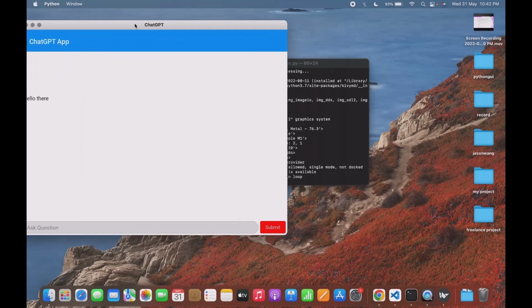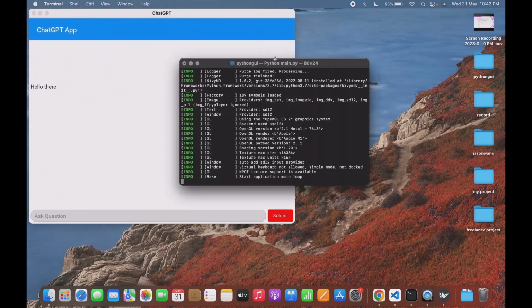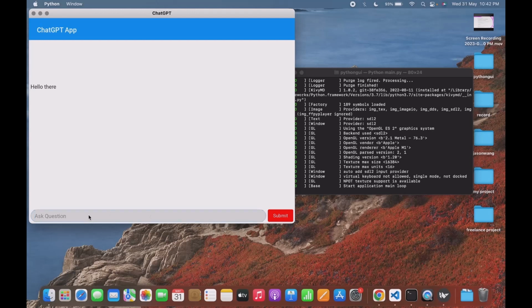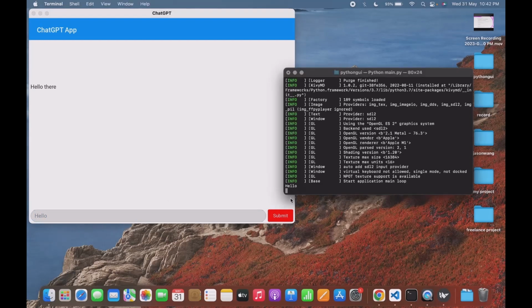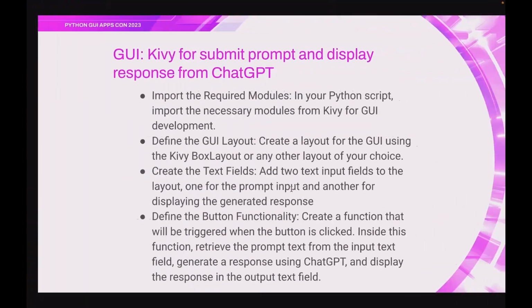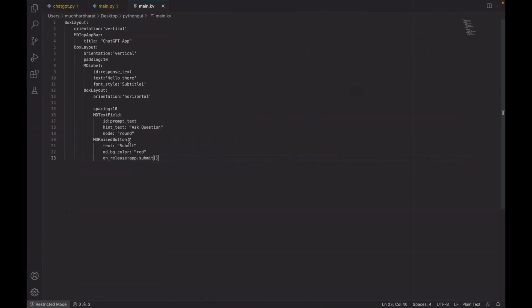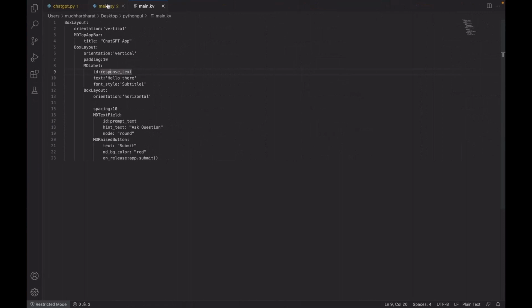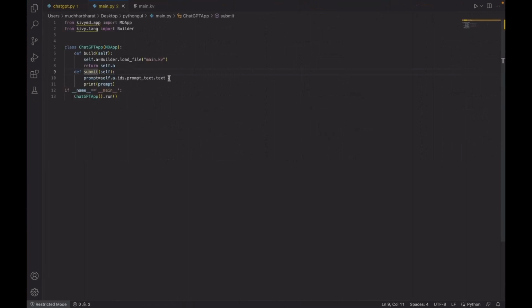Okay, so when I write anything here, hello, and click submit, over here the text hello you can find. Okay, so now same thing you have to do over here. How you can set that label? You have to come here and